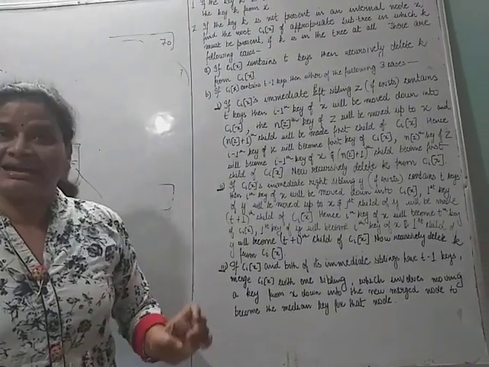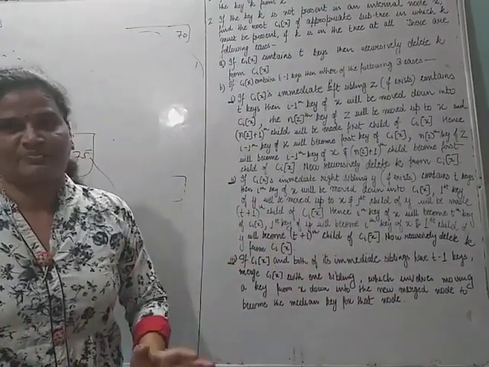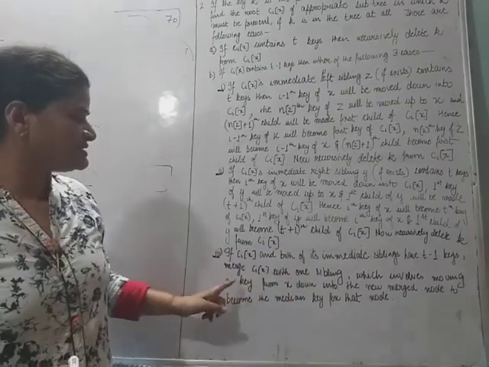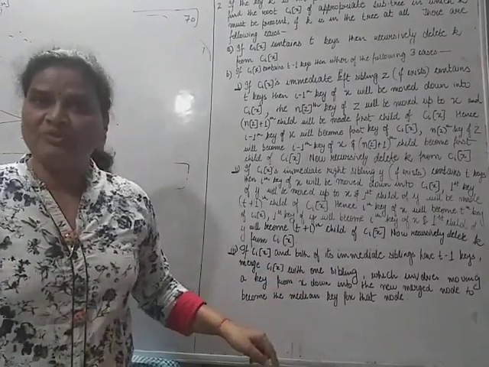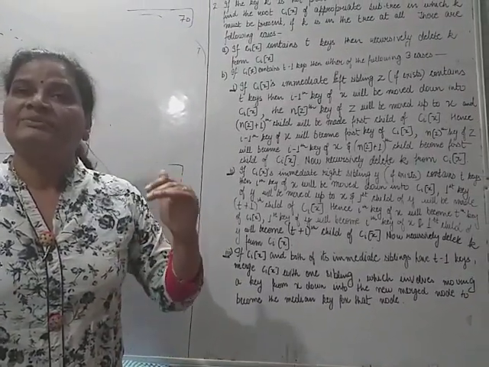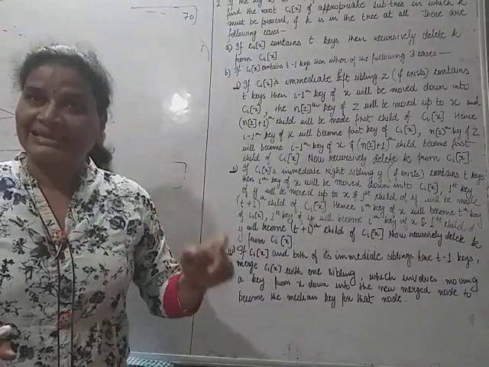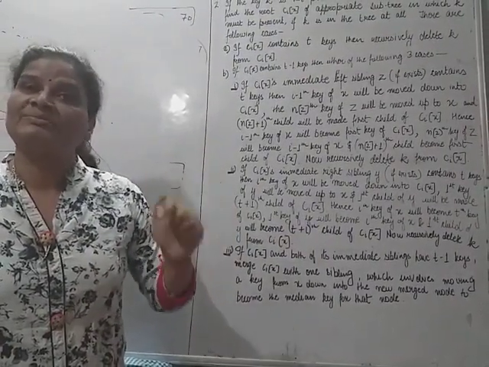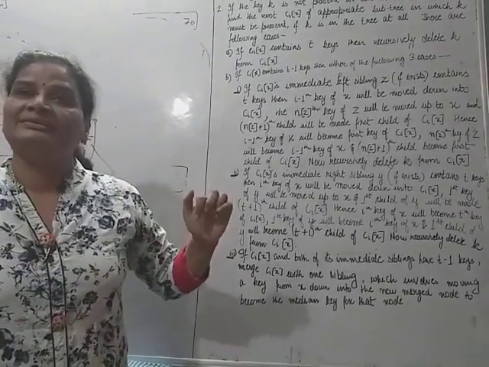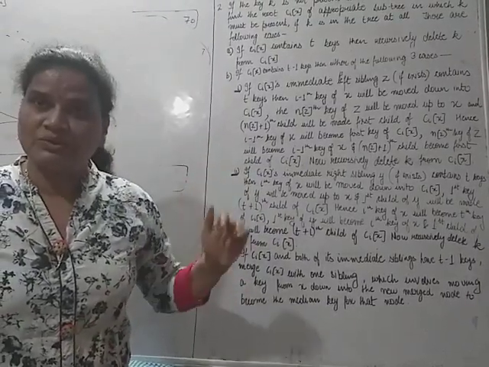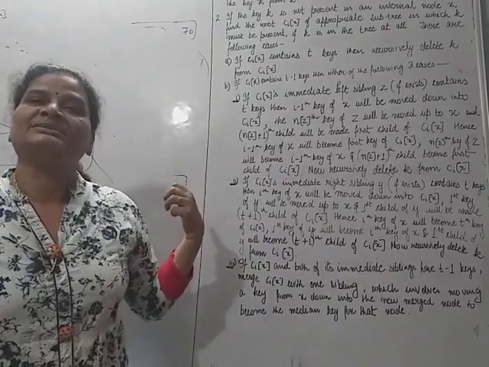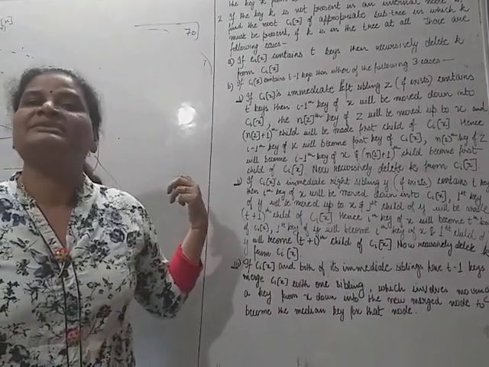Then merging of CIX with one of its siblings is performed. In this process the key from X moves down into the merged node, so that after this process the ith key of X will become the tth key of the merged node. The pointer to the node is Ci plus 1 if you consider the right child, and if you consider the immediate left sibling, then it is Ci minus 1.